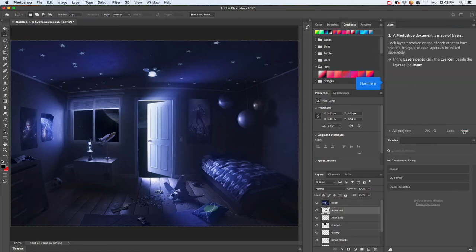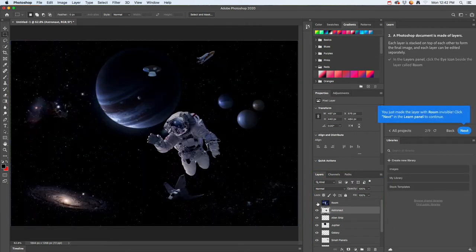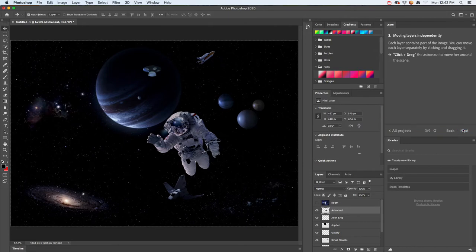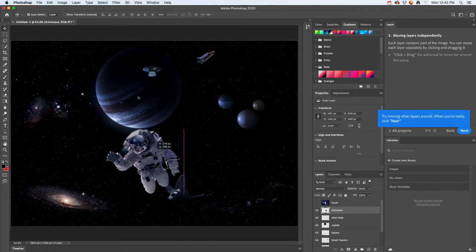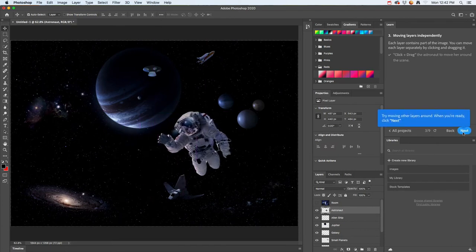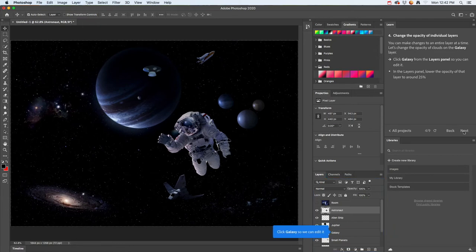So all you have to do is just click Next, and then just do what it tells you to do. And then just keep going through that. So it's a great way to get to learn this program a little bit better. And then when you're done with it,